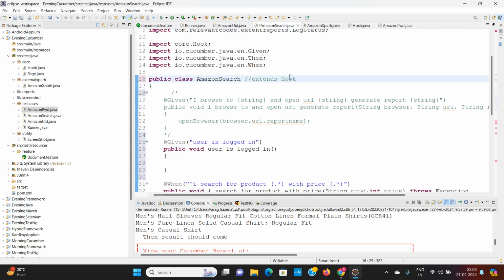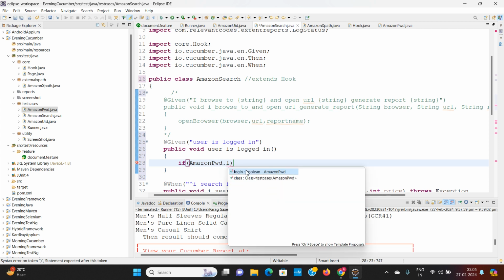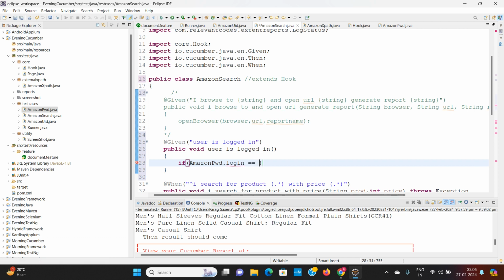And now I will go to this search and again write if Amazon pwd dot login is equals to true.